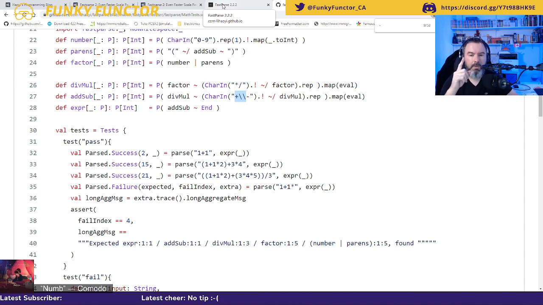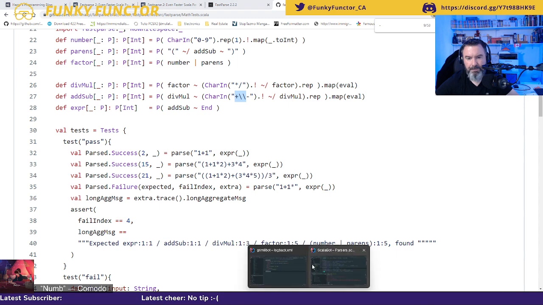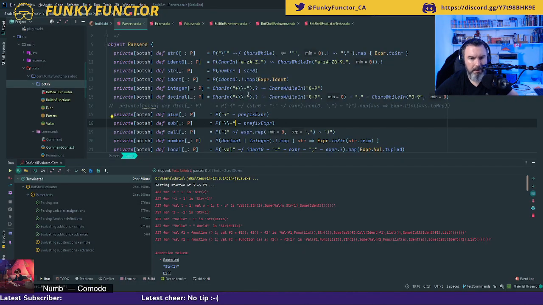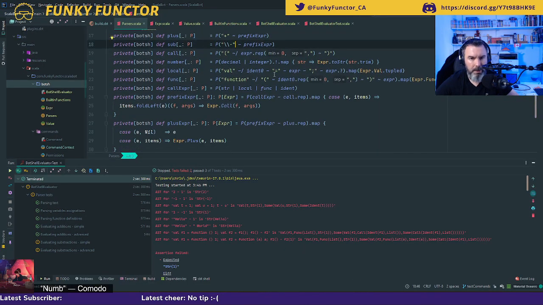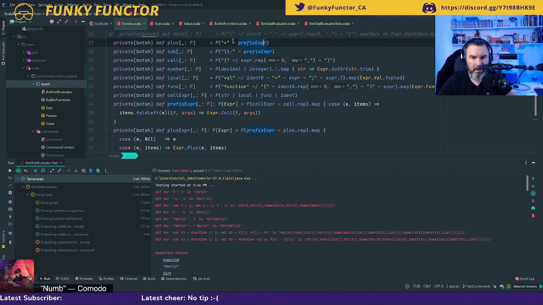Let's try to switch gears. So right now, what I have is I separated my plus and my sub. What if, instead of separating these, I am going to create an operator.